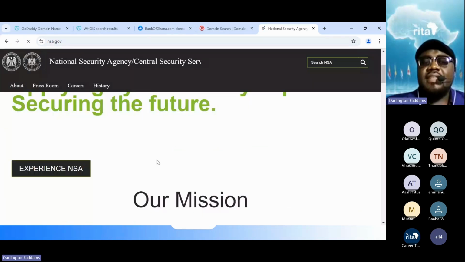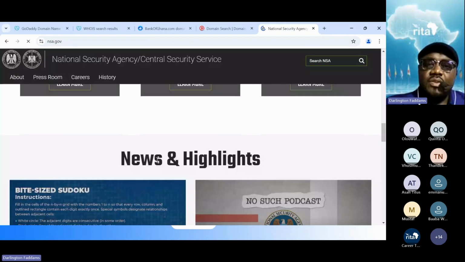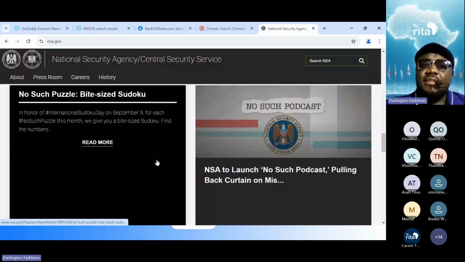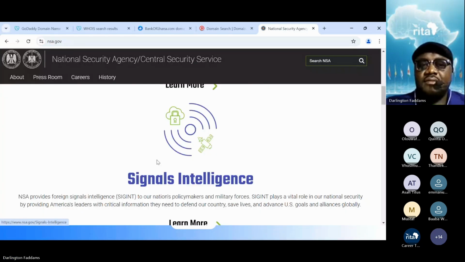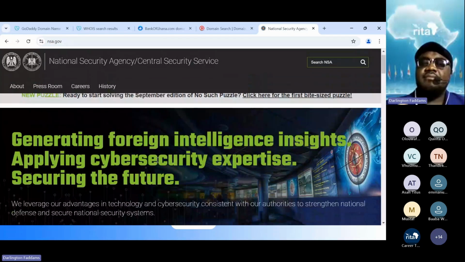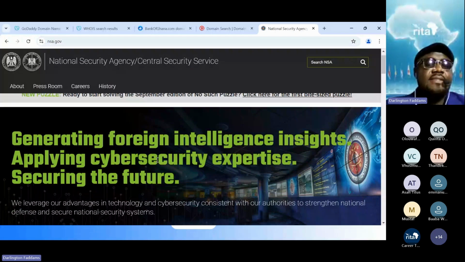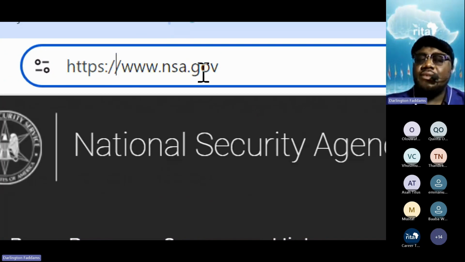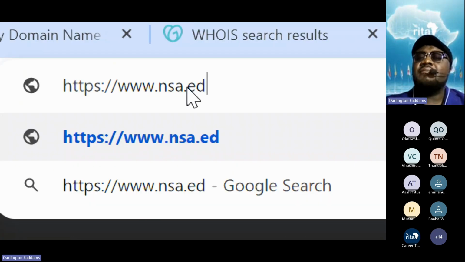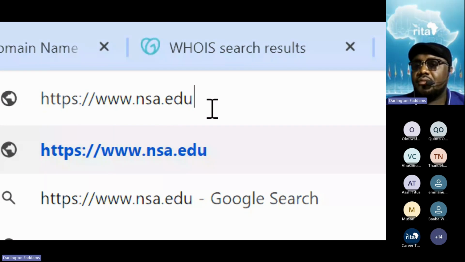So .gov is for government institutions. In Ghana, all the government authorities and government institutions can have .gov. They even give district assemblies .gov. So any setup that is a government setup should have .gov. Now, if you are a school, then you will be given .edu. .edu is not given to other companies that are not schools.